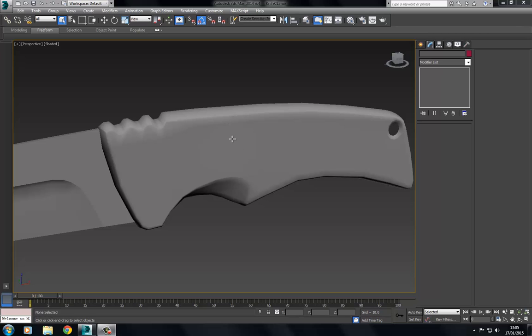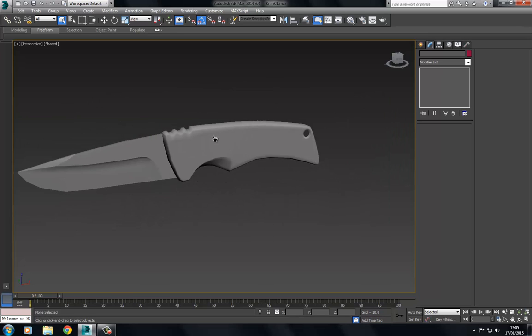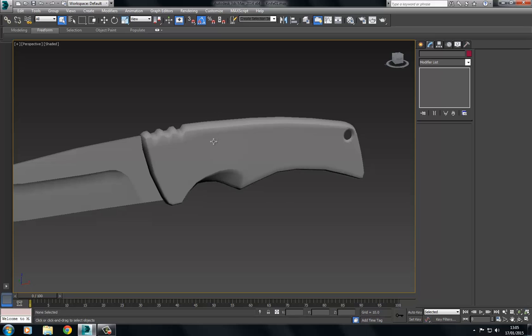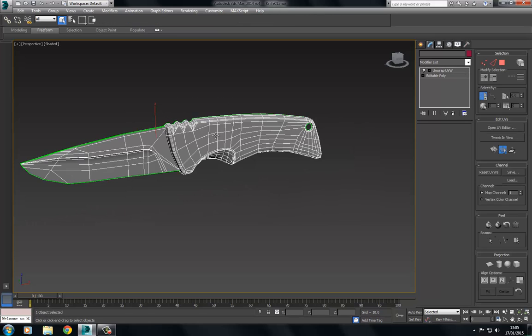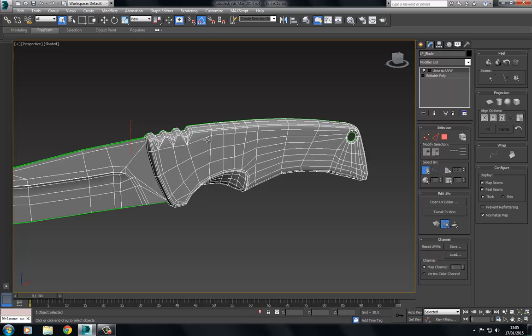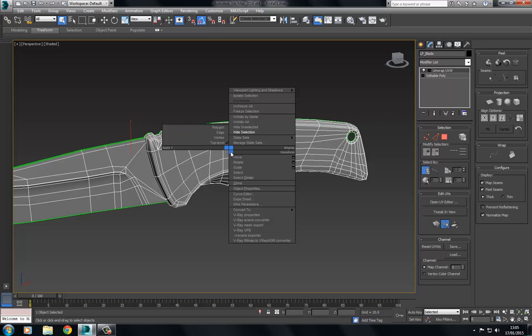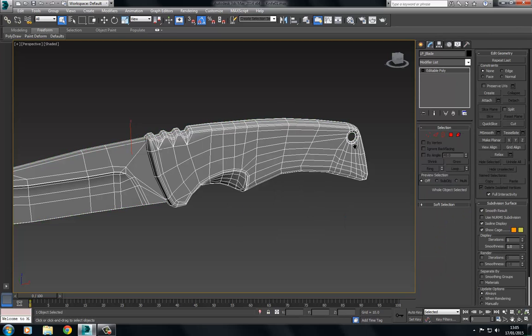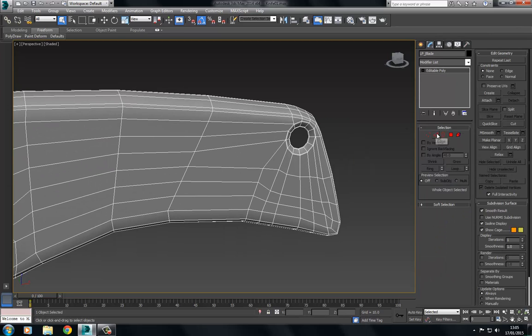Welcome back to this fourth part on how to bake out Normalmaps. Now, we are almost ready to bake out the Normalmaps here. There's only one last thing I want to talk about here, and this is optimization. So what we can do with this handle, if we like, is start to optimize it to really bring these